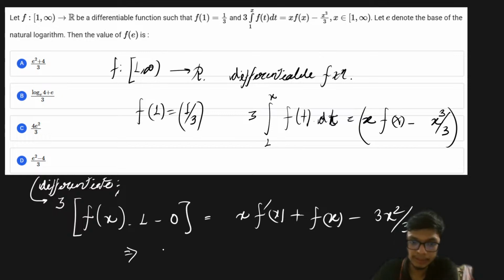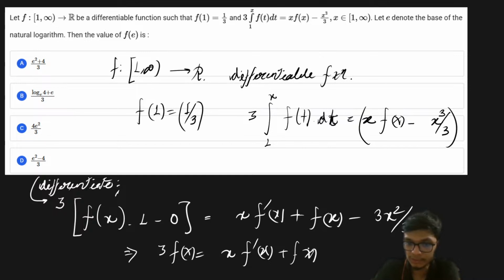All right. So then we will have this form as 3 times f of x is equal to x into f dash of x plus f of x minus x square. Now if I represent f of x equal to y,